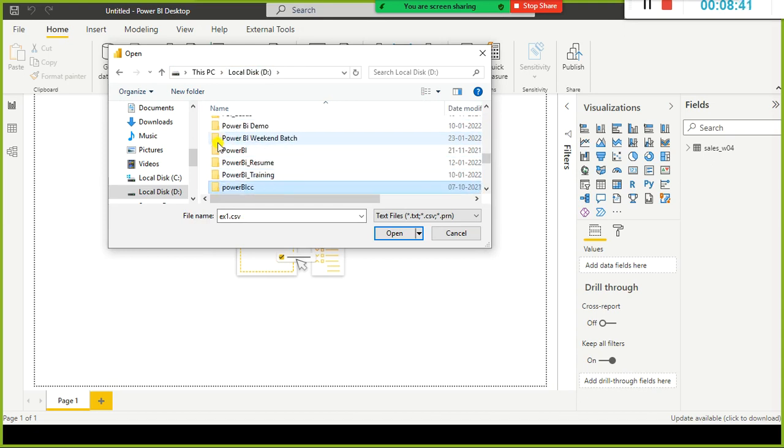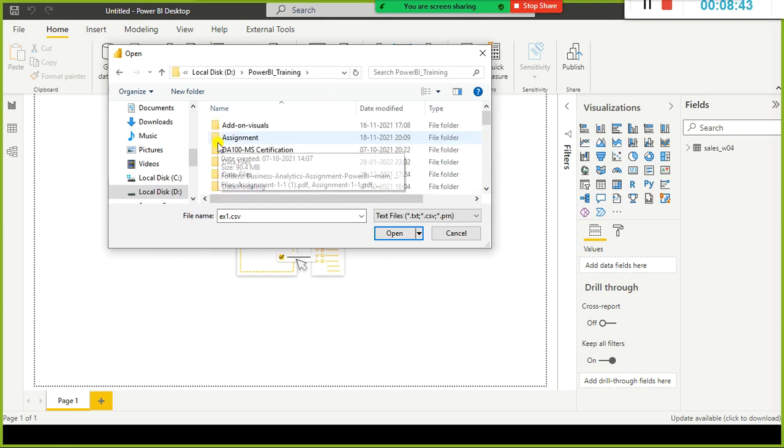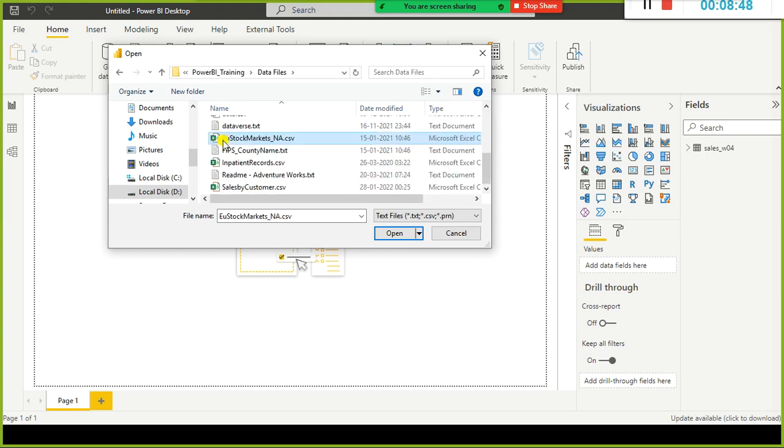First, load all the files that are required for today's session, data files, and here expenses.